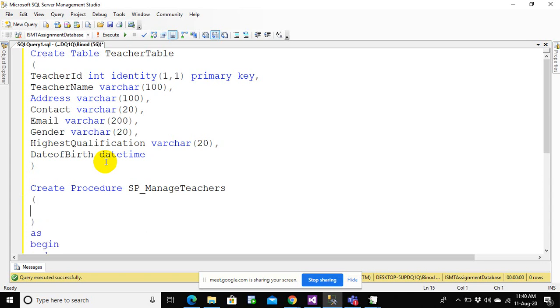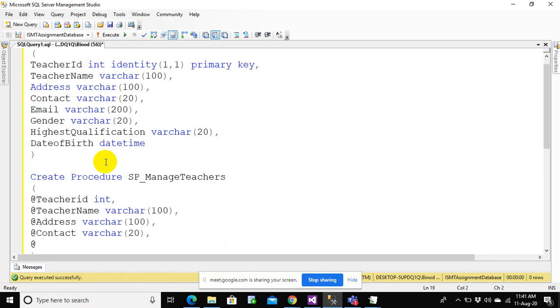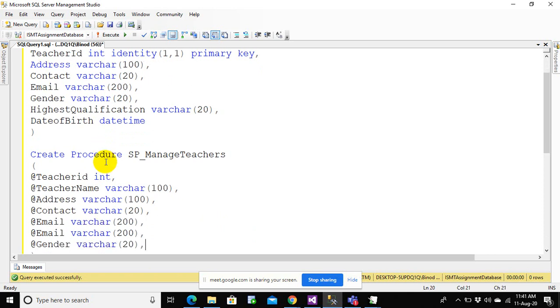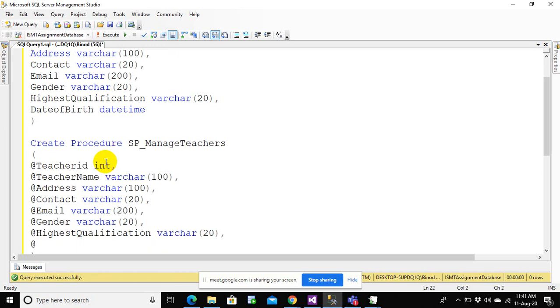Simply declare @teacher ID integer, @teacher name varchar, address varchar 100, contact varchar 20, email varchar 200, gender varchar 20, highest qualification varchar 20, date of birth datetime.